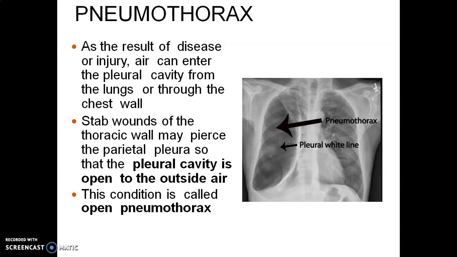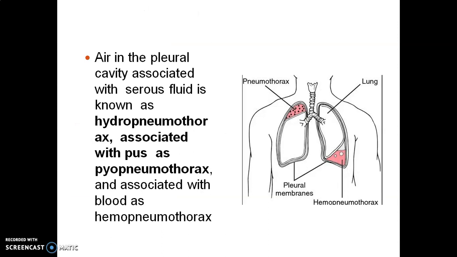Pneumothorax, which is nothing but a collection of air. Air gets trapped inside the pleural cavity during accidents, chest injury or stab injury with a sharp knife. What will happen? The outside atmospheric air goes and gets trapped inside the pleural cavity. The accumulation of air inside the pleural cavity we call pneumothorax. Sometimes during accidents, it occurs along with blood also, air in the pleural cavity associated with fluid: hydropneumothorax.